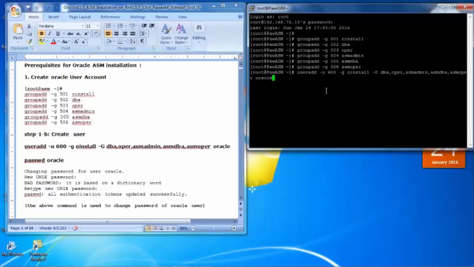I am creating a single user, to show you the installation so that you are able to understand. So I am creating a single user which will be the owner of your grid infrastructure as well as the database, right? I have created a user. I will change the password by using the passwd command,